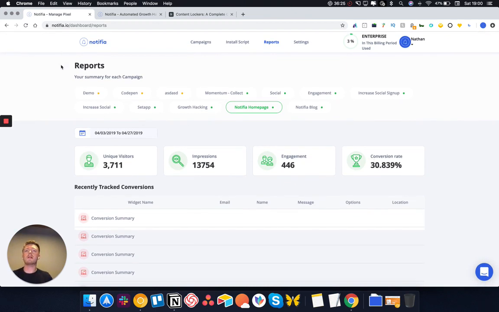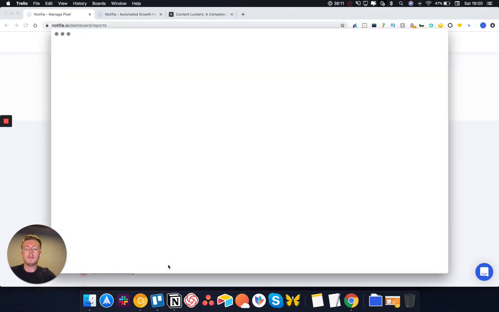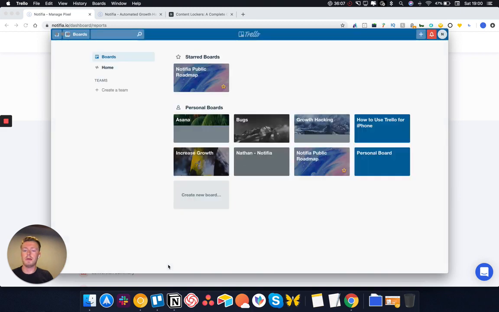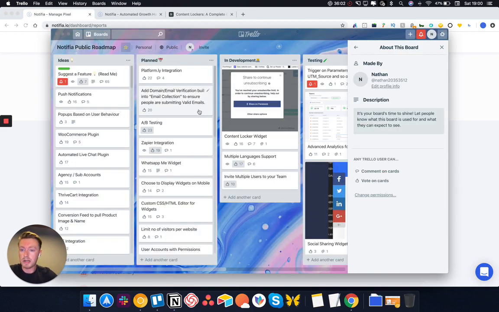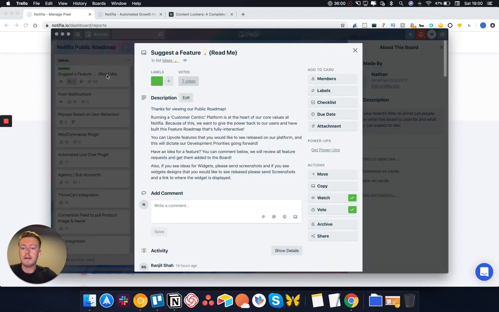On top of that, like I said, we're sort of releasing new tools every single week. On average, we release between 2 to 3 new widgets every week, and we're a very sort of customer-centric platform. So we really value what our users are saying, and suggestions and ideas and optimizations that they bring to the table. So we have our Notifier public roadmap, which is fully